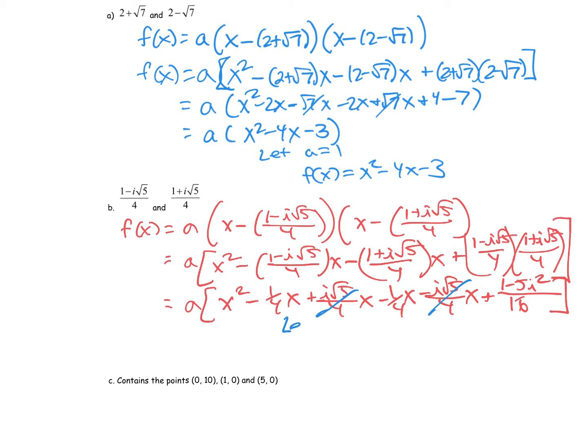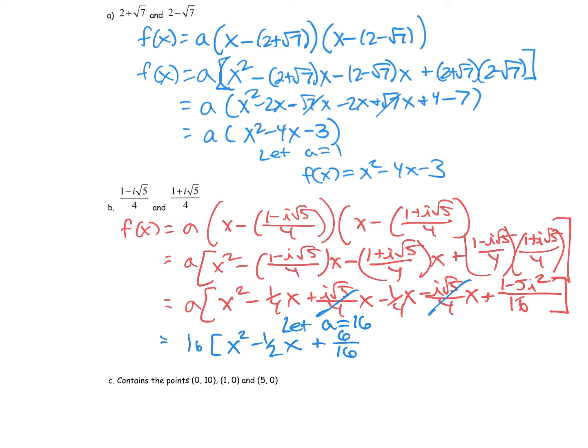So I'm going to say, let a equal 16. That's the smallest integer it could be for the fractions to go away. So if I do that, and I'm going to distribute it through, actually, maybe I'll wait one more step before I distribute it through. So I'm just going to put the 16 outside, and I'll say x squared minus 4x minus a fourth x is minus a half x. And then I have, well, minus 5i squared is plus 5. So it's going to be plus 6